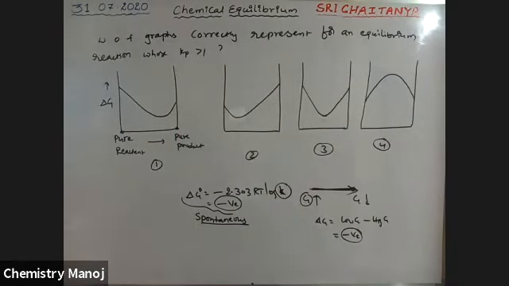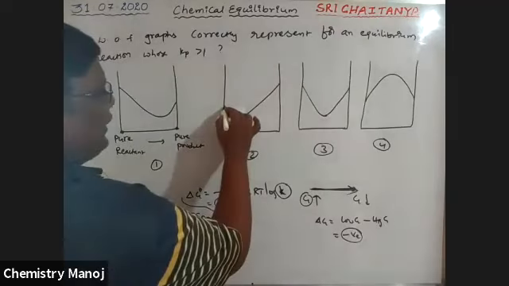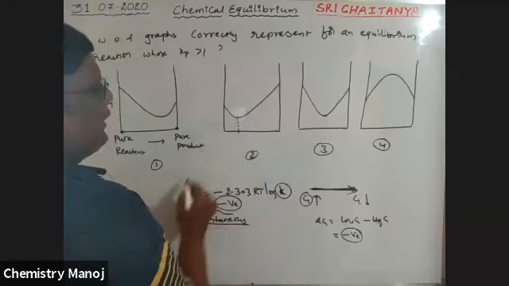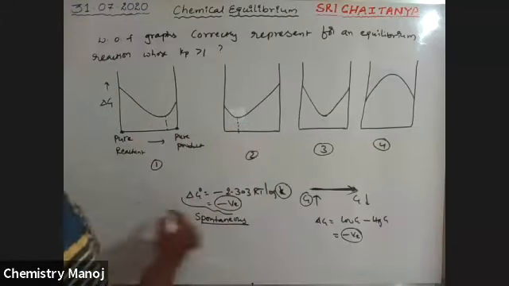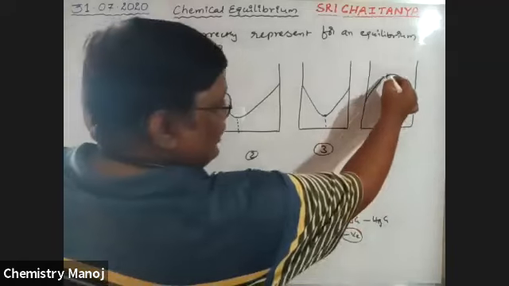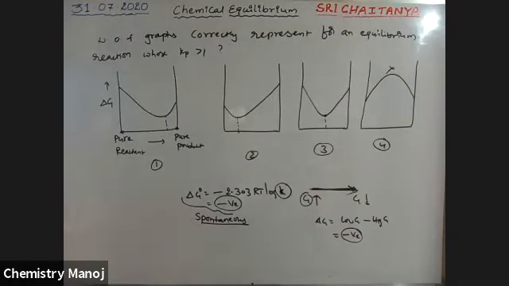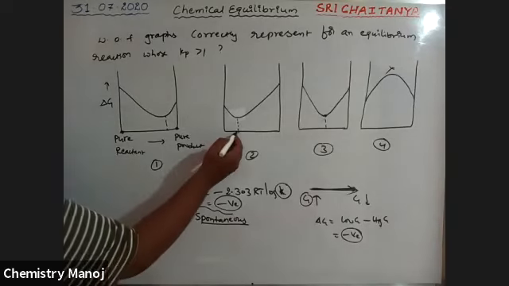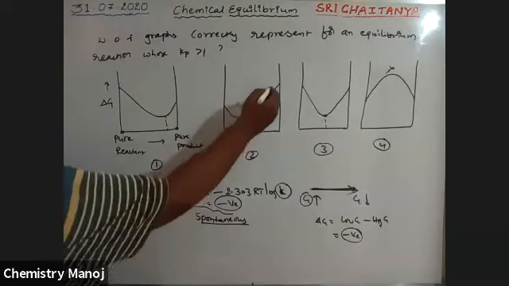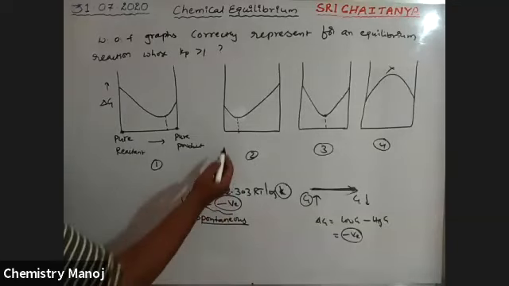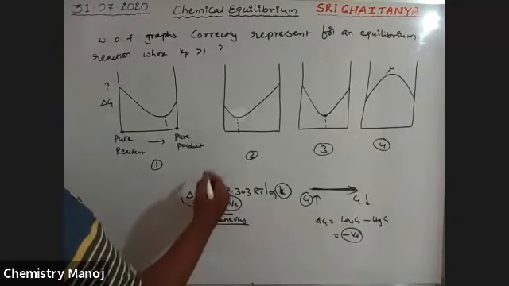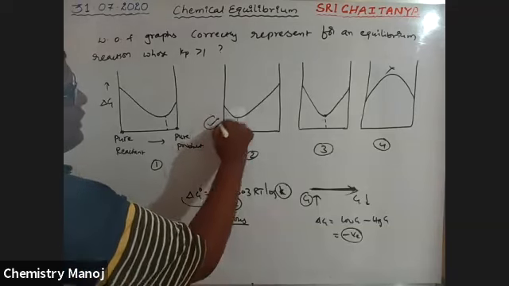So here one graph is very near to the reactants, one is near to the products, and one is exactly between them. Here the change in Gibbs energy is not decreasing, and it is completely out of our answer. So among these, only one has Gibbs energy decreasing. It is nearer to the reactants, with decreased value. So therefore, our answer is like this. This one is the answer.